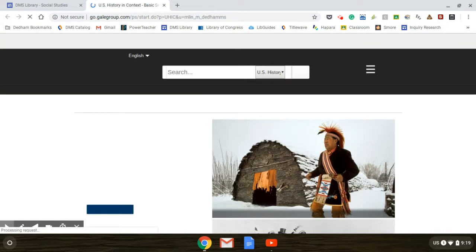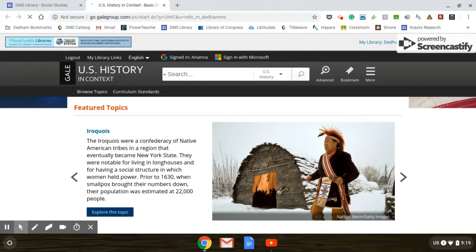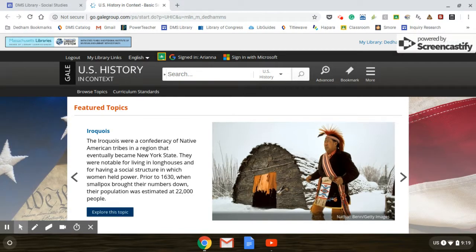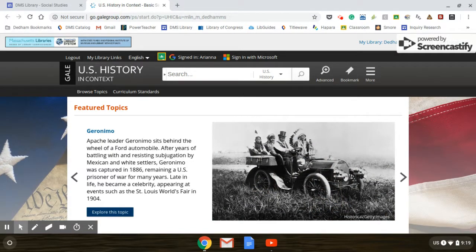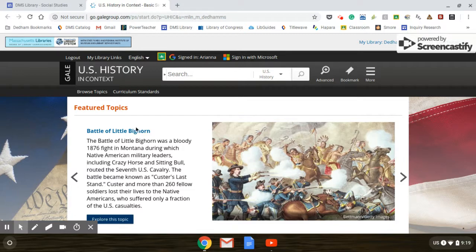So U.S. History in Context covers significant people, events, and topics in U.S. history. It's very wide-ranging. It has the arrival of the Vikings in North America, the American Revolution, Civil Rights Movement, September 11th, the War on Terror. More historical U.S. history topics up to more recent U.S. history topics. The database is made up of reference works, news and periodical articles, and primary source documents,